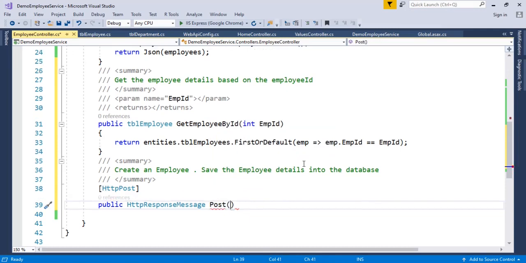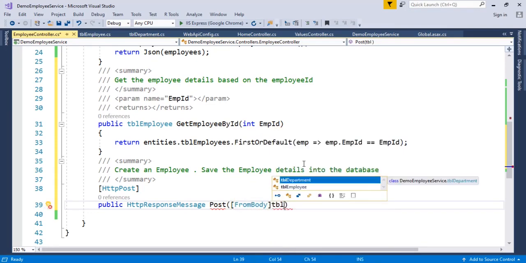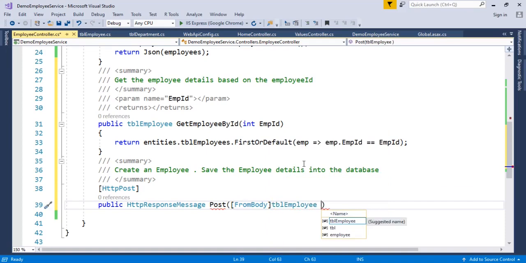This time you can use from body of TBL employee. I'm going to send this employee, the TBL employee, so an employee object.